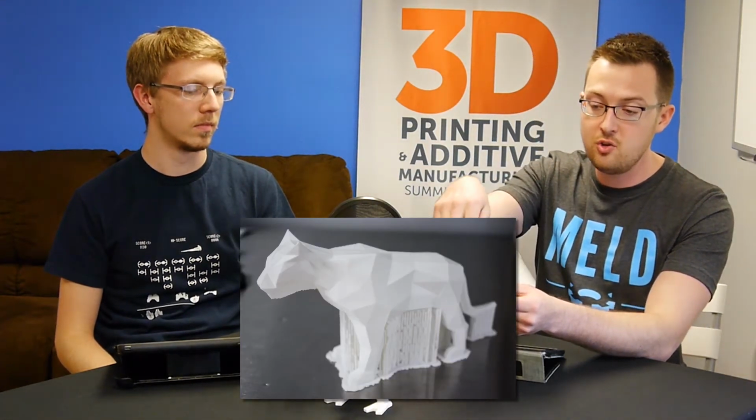And it also comes down to how high quality the model is. Now, this, I think, is probably close to 10 megabytes of a model. That's how large the model file is. And that's because it has nice, smooth surfaces. You could maybe have a lower quality version of this, but you'd have fewer polygons, so it would look a lot more jaggy. Instead of having a nice round edge, it would be almost more like an octagon or a hexagon, or maybe something that has 10 sides instead of this one, which probably has 100 different walls. So it comes down to your file quality, the method of printing, your actual material,